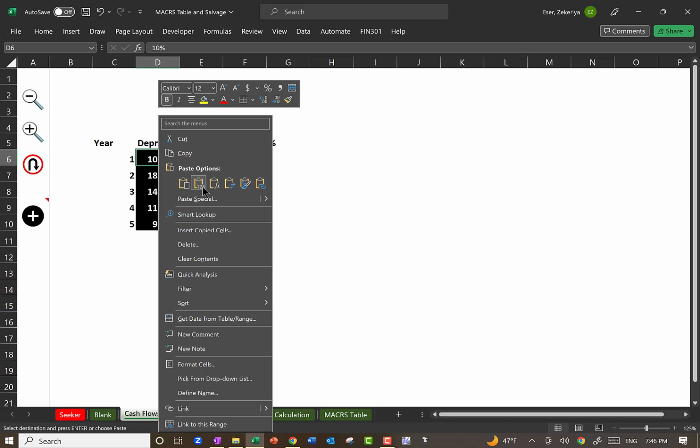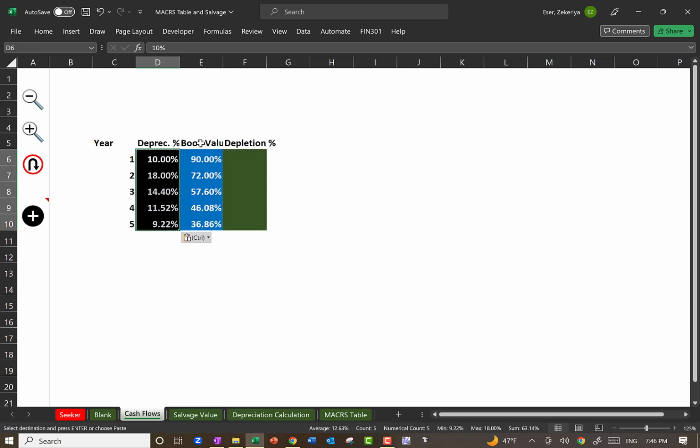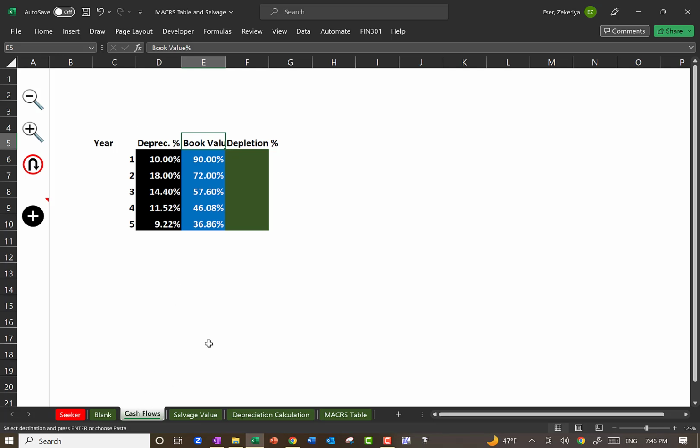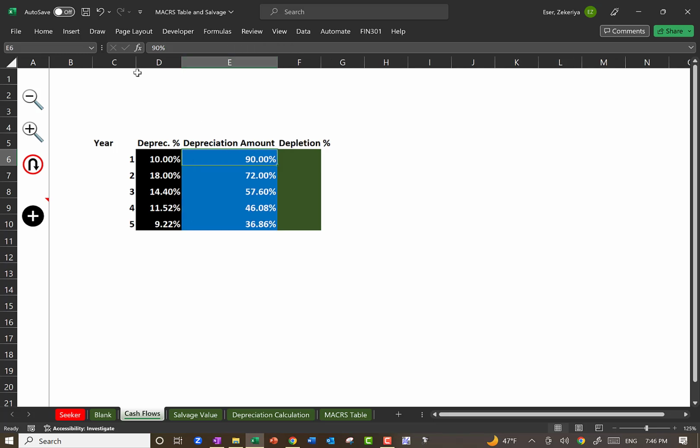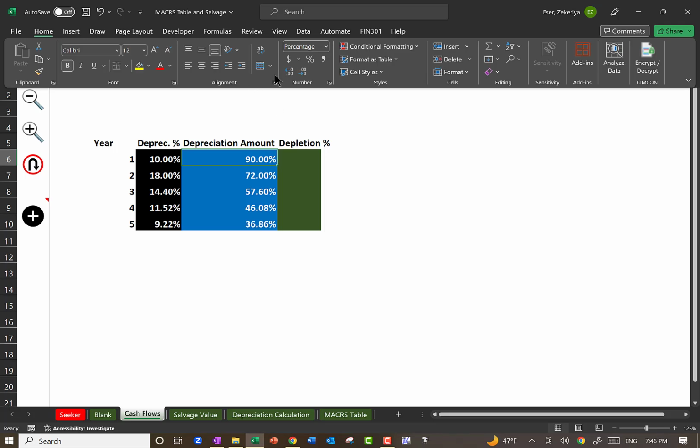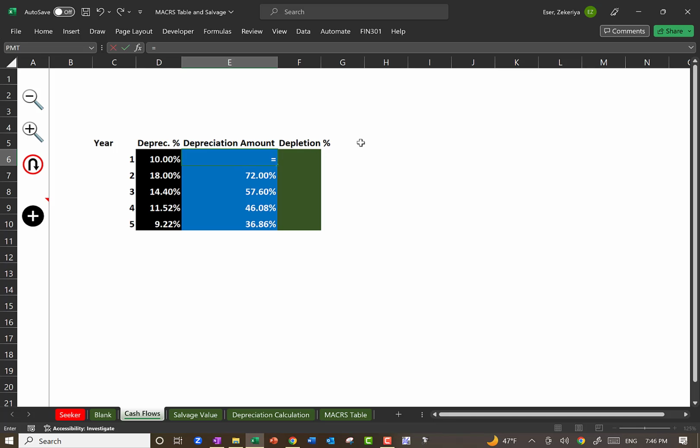Paste it here. Depreciation amounts. This is actually dollar format. Take that depreciation percentage and multiply it with